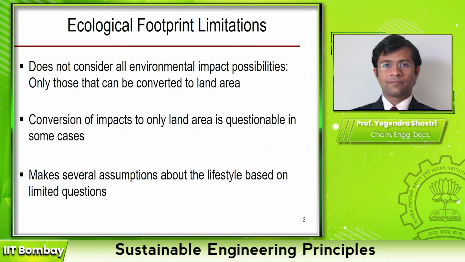So all of these things mean that ecological footprint calculation is an approximation, but these are the limitations with any index. If you remember, when we compared indicators versus indices, I told you that an index always involves some kind of approximation, but it is a very powerful idea because it converts everything into a single number. So whenever you are using ecological footprint, you have to be aware of these limitations and the potential uses of ecological footprint.